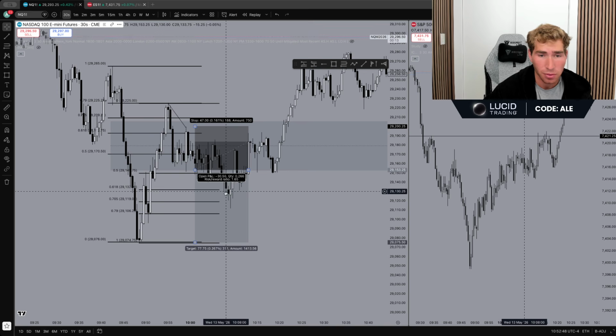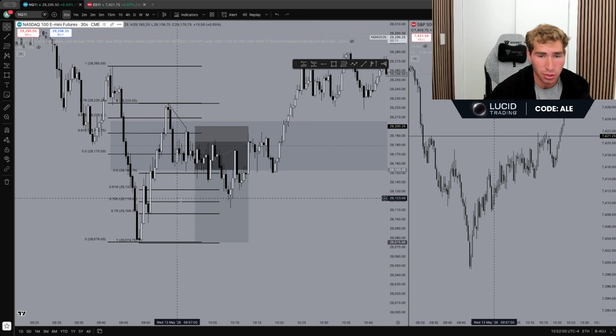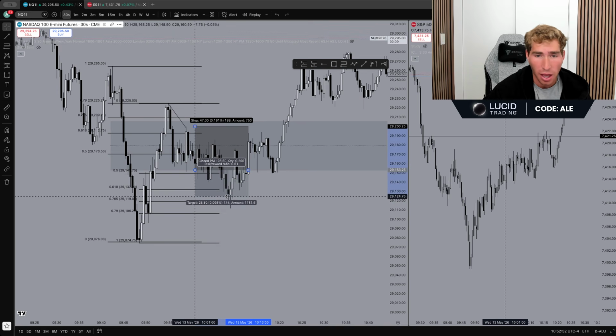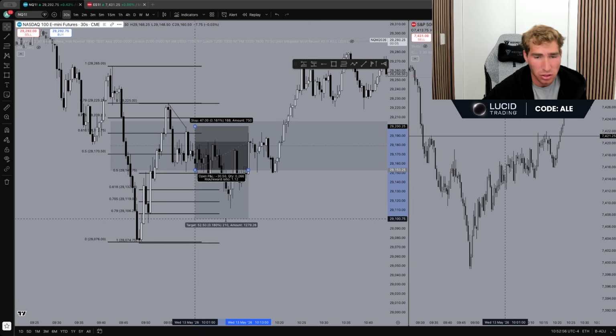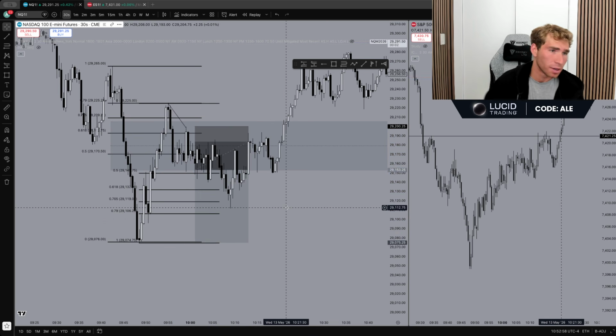I sold here. So we actually had just tapped 0.618. We actually did push a little bit lower. I sold right here. We ended up pushing like 15 points lower. Could I have held? Yeah, I don't really mind. I sold that 0.618. I'm like, all right, we have a high probability of reversing from here. And ES looks like it wants to be bullish. Let me just close my position where I'm at right now.